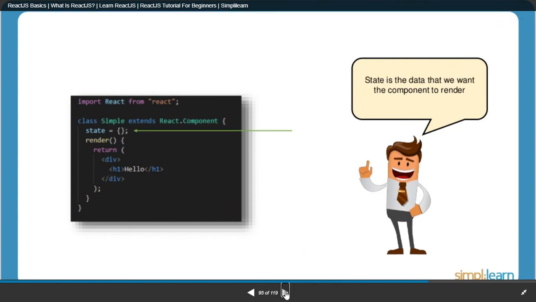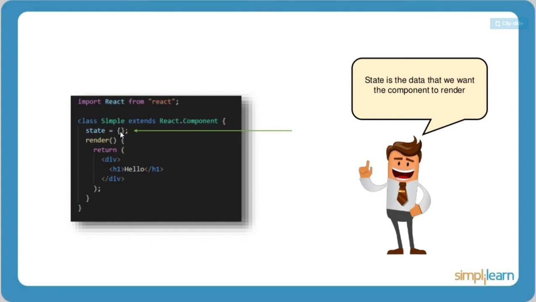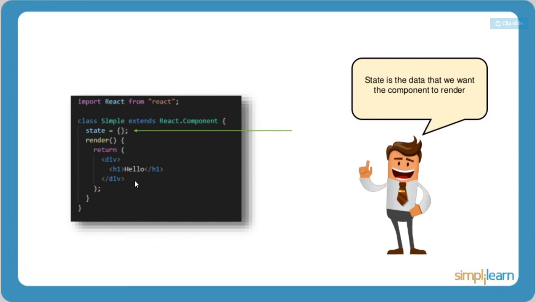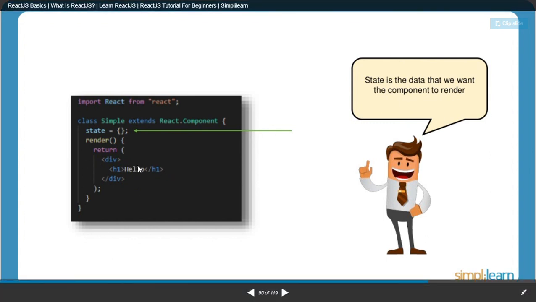Okay. So what is state? State is nothing but here you can give the data whatever you want to render in that particular component. So as I discussed about the Facebook like button, let me consider that I will have a like count variable over here, and that count variable I'll be returning in this HTML structure, right? There I can use that count variable to update it in the HTML structure or the DOM.